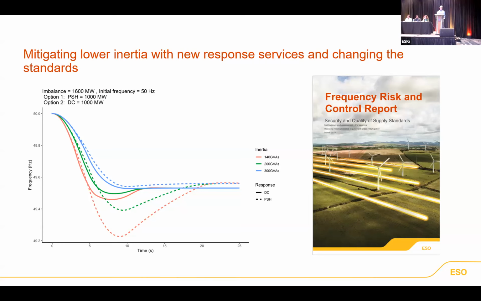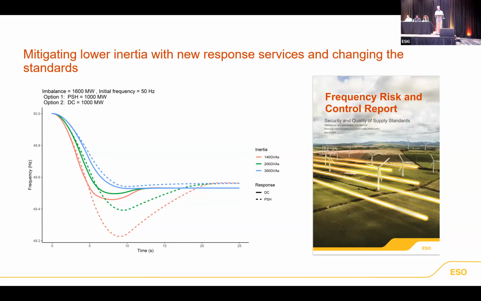And it's enabled us to reduce our frequency response in the system. It enables us to move more rapidly towards reducing the amount of inertia we require in the system. And the way we provide inertia in the UK currently is, if we need more, we curtail the wind, because the wind has provided a balanced market. So we need to turn off the wind to create the headroom to bring on gas. So for every GVA second that we can save on inertia, we can allow the renewables to run and we're not burning gas at the same time. And that is the key principle that we're using as we move towards 2025 to get to 100% zero carbon.